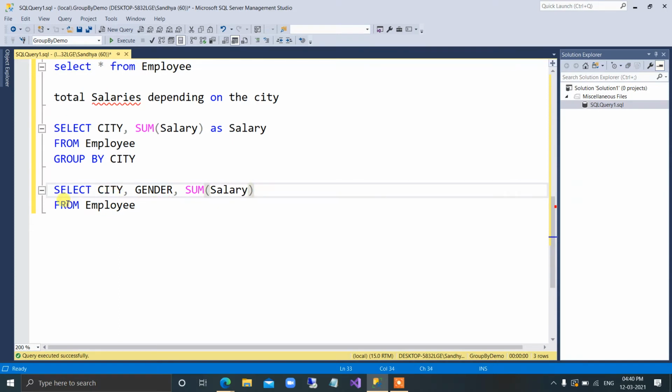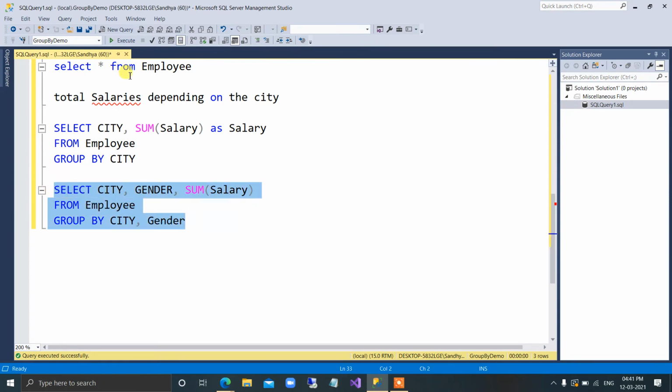Okay, so you require city, you require gender, you require salary. If you are using an aggregate function, there is no need to write that particular column after group by. Suppose city, and if it is not an aggregate function, that's why we have to mention the column here. If there is an aggregate function on a column, that column should not be present here. We are performing the aggregate on this particular column, but we are grouping this result by city and gender.